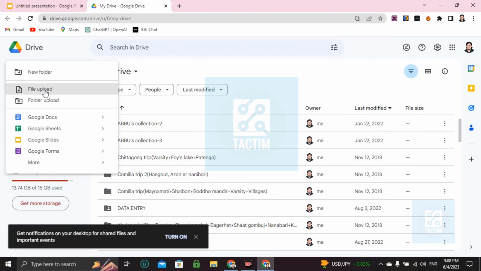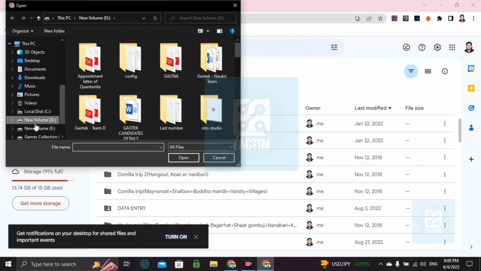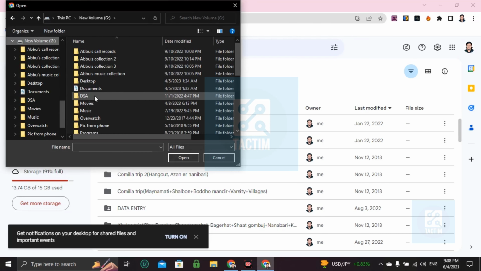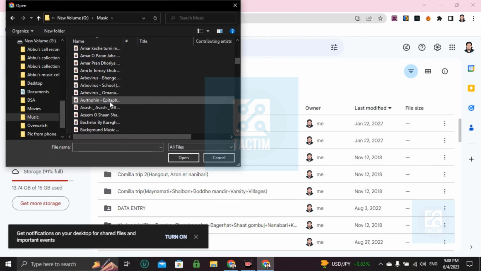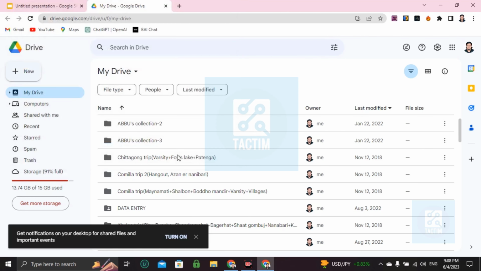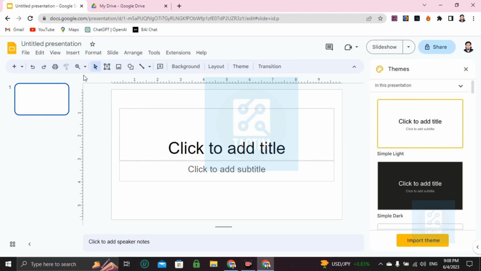File upload, choose from computer. I'm choosing this one. It's uploading here, you can see it's already uploaded. Now go to Google Slides, and if you want to add that audio here, you have to